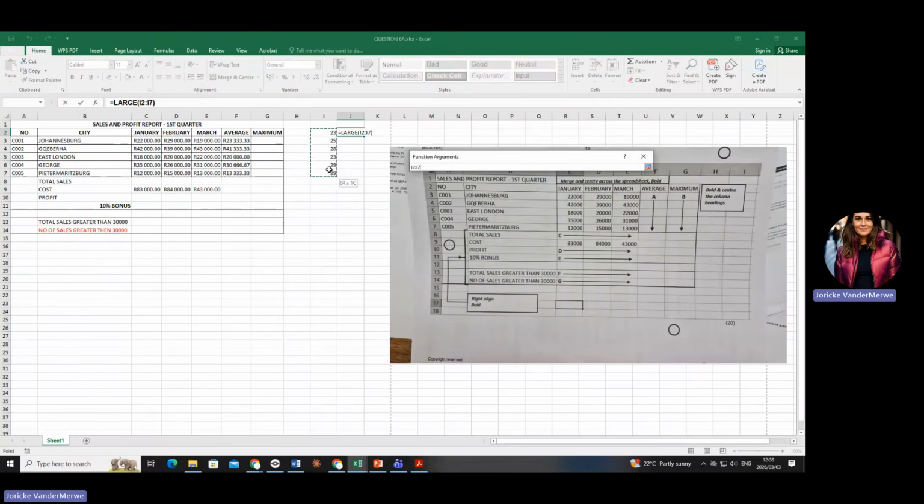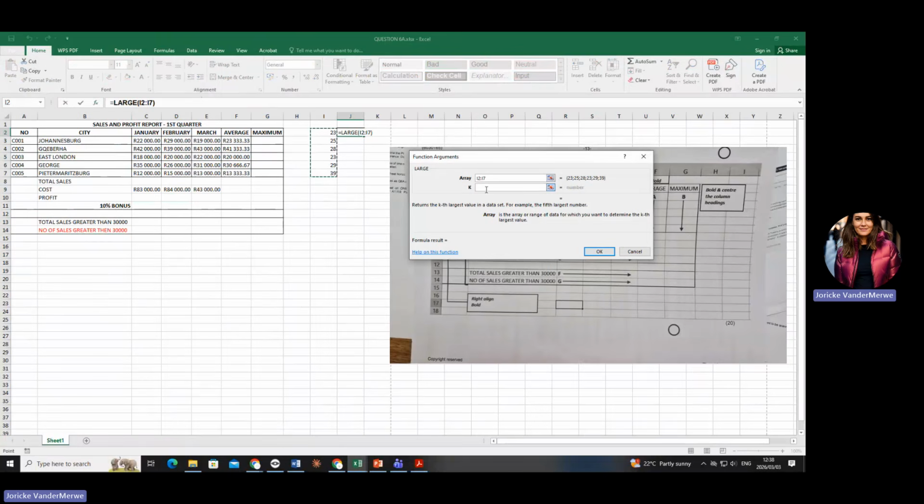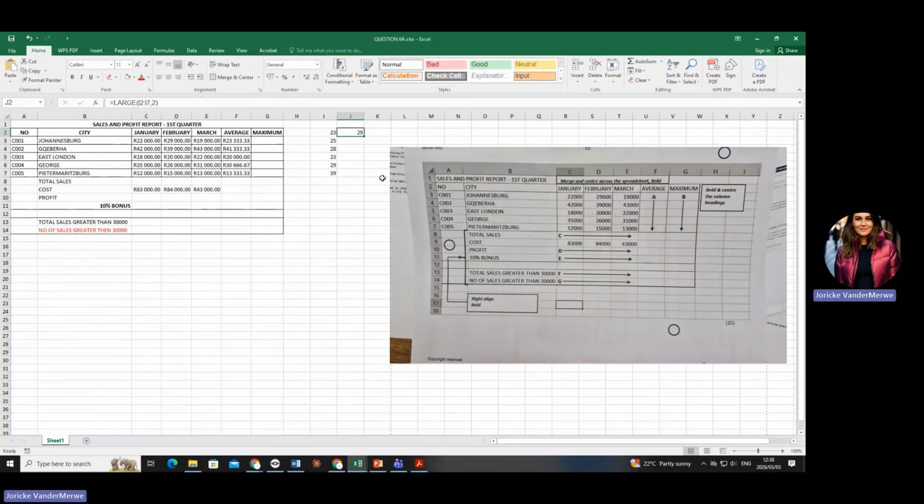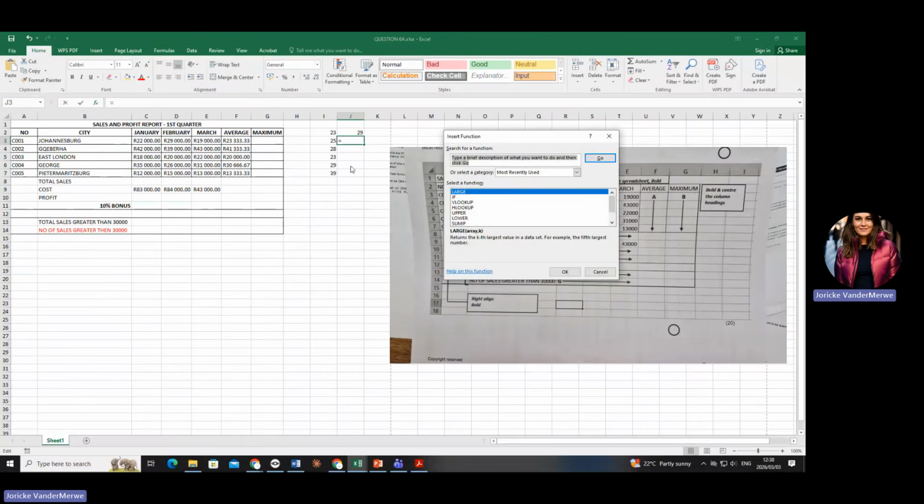This is your array. This is where you're looking for it, yes? And then do you want second? I said second oldest. So you're going to make a little 2 there. Are you with me? And you see it's going to be number 29. Now let's say I want the smallest, second youngest. Then I'm going to use small. Okay, FX. What do I type in here?